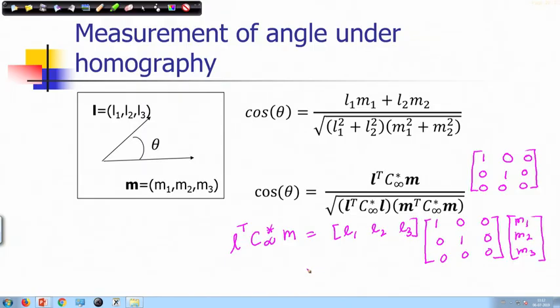If I multiply, it should give me L1 M1 plus L2 M2, which is the numerator